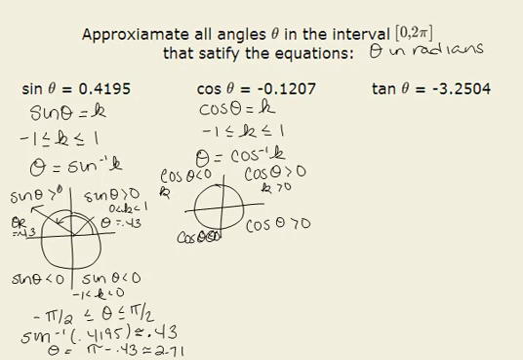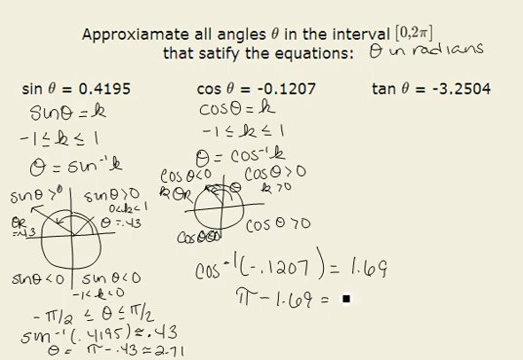In order to do this, let's type in the cosine inverse of -0.1207. Typing in cosine inverse of -0.1207 gives us our quadrant 2 angle that has radians of 1.69. In order to find that quadrant 3 angle that also has the same cosine value, we would have to find that reference angle. That reference angle is given by pi minus 1.69, which is 1.45. So our second value